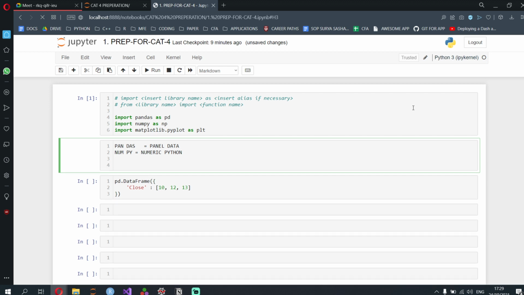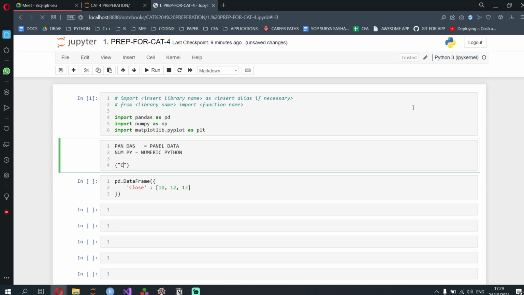Okay, so with respect to panel data, the data frame can be thought of in the form of a dictionary. You know what a dictionary is: a Python data type which has curly braces around it.